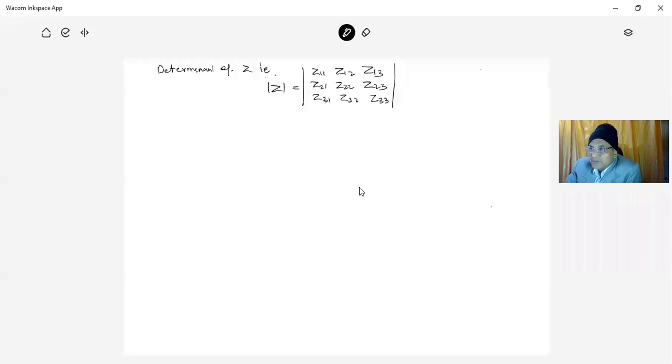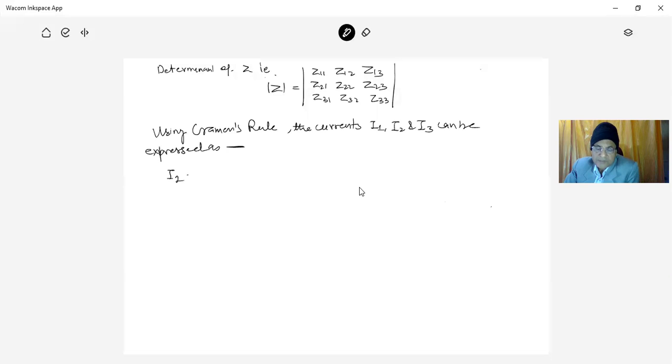On the basis of this determinant, which you can calculate very easily, we can find out the current by using Cramer's law. So using this Cramer's rule, the currents I1, I2 and I3 can be expressed as